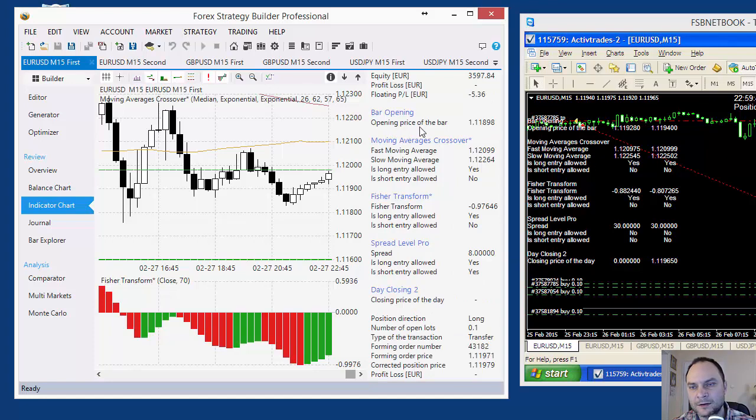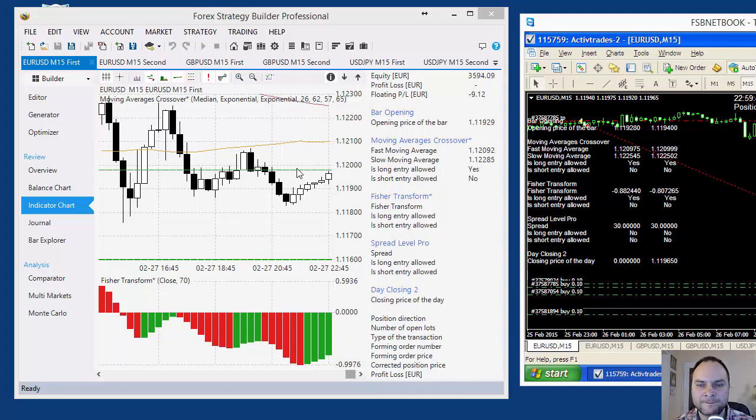What we have, bar opening, 1.1189. Why is it different? 1194. Bar opening is different. Is that the last bar? Oh yes, it was not the last bar selected. So you see here the information is dynamic, and I have to point the marker on the last bar. So now I have here